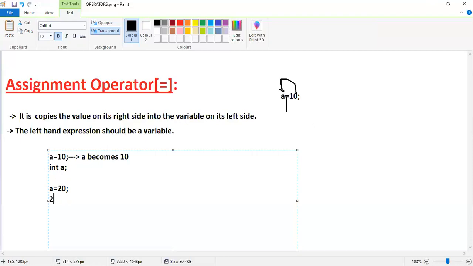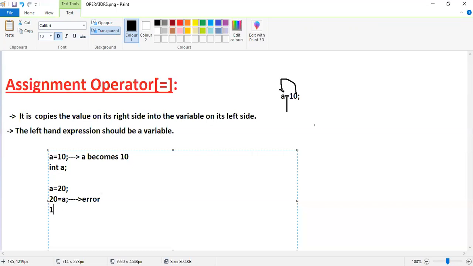For example, 20 is equal to a. It will give an error. Why the error? There is a rule that the value located to the right of the operator is stored into the variable located on the left side of the operator. That is the rule.